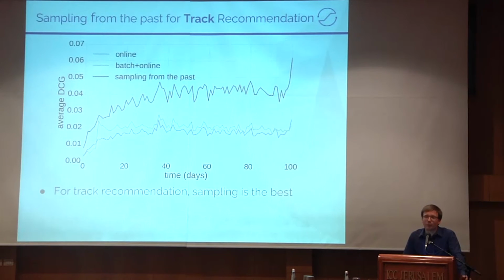And here you can see our results. For artist recommendation, this worked out because the number of new incoming artists dropped over time. However, for track recommendation, it heavily outperformed the previous batch and online combination. Because in the case of track recommendation, you have a lot of incoming new items, a lot of new incoming tracks. So you have to keep your algorithm online in order not to miss the performance that comes from the prompt learning of the present. So this is what we got.